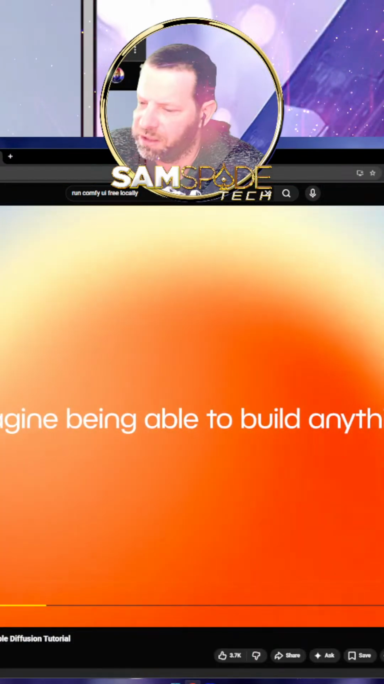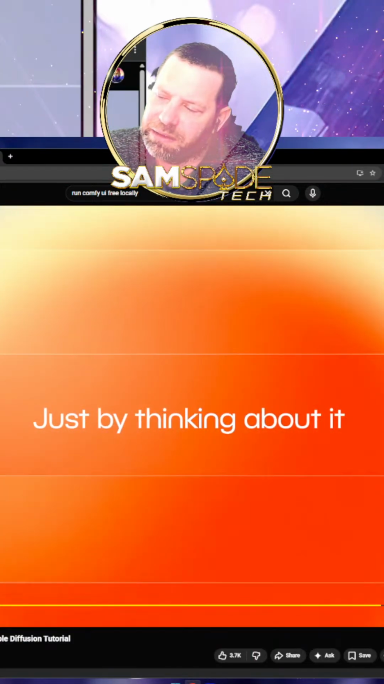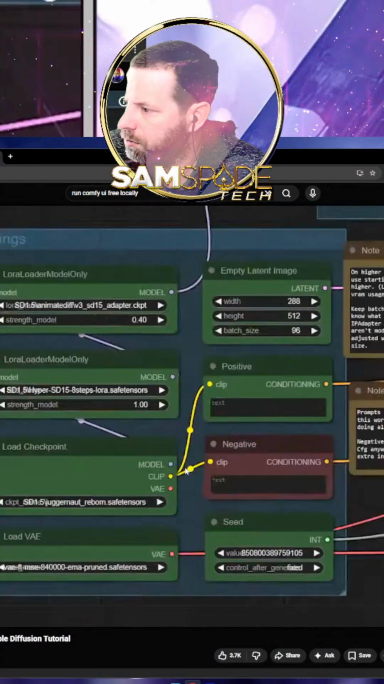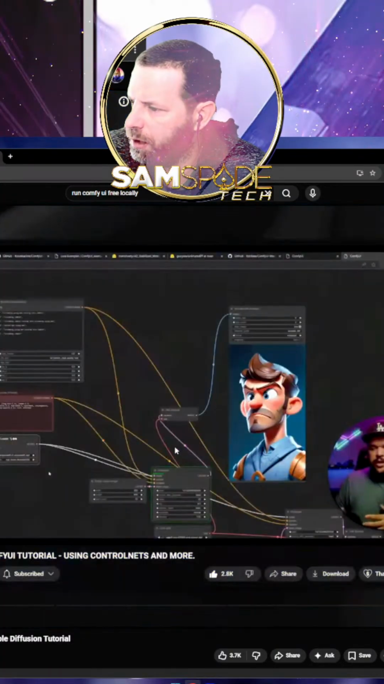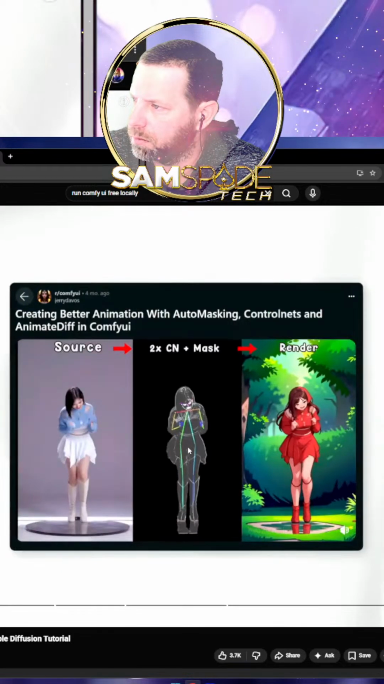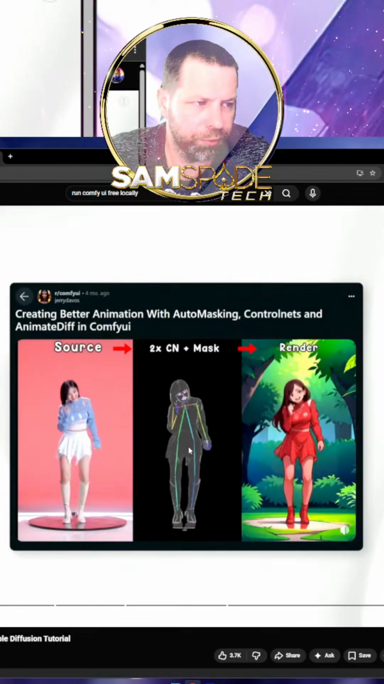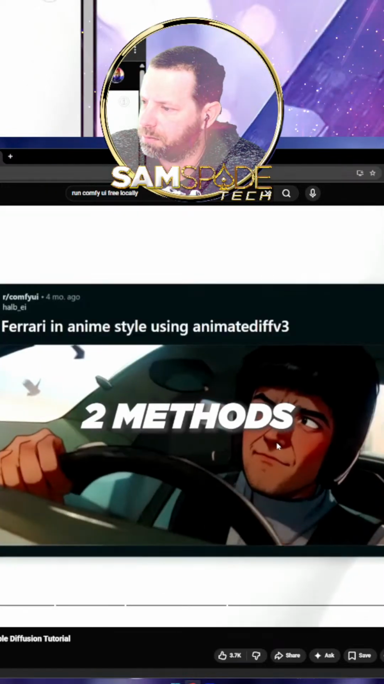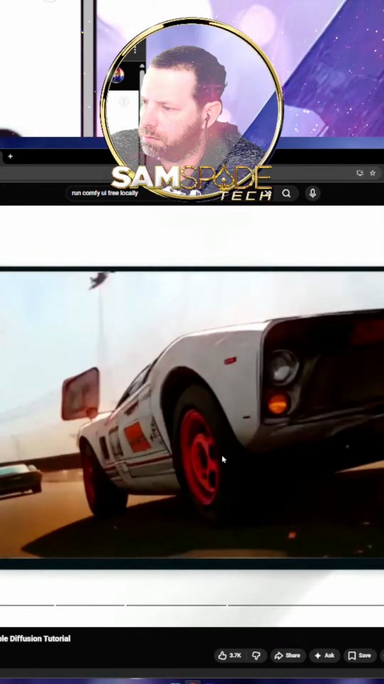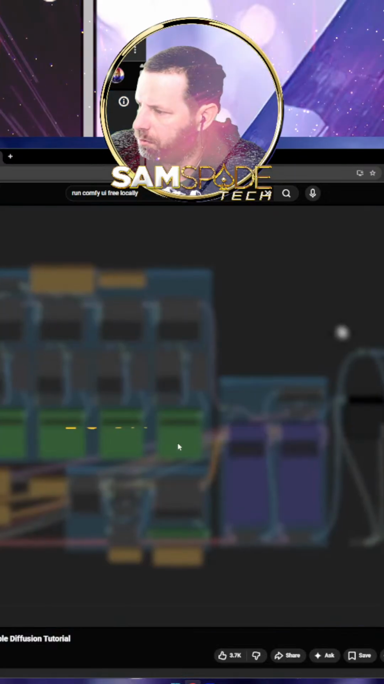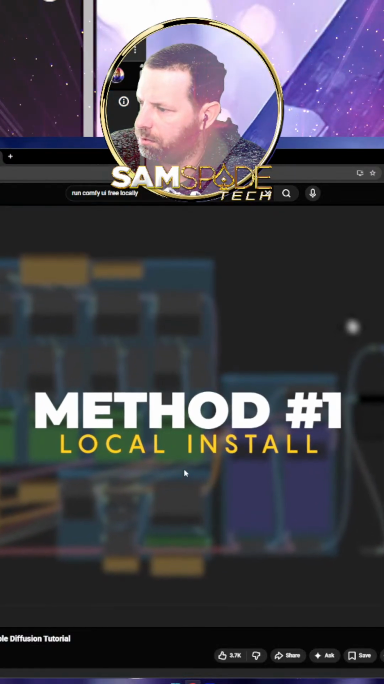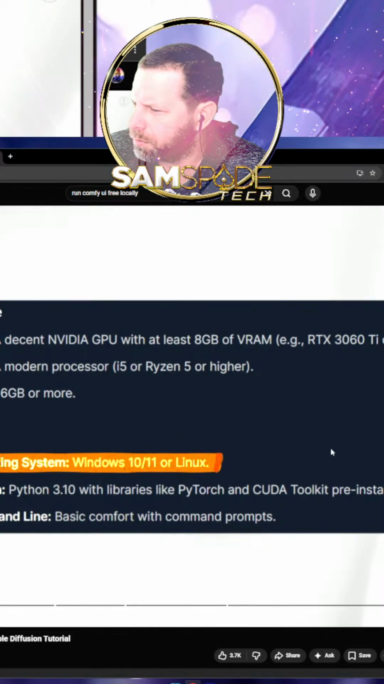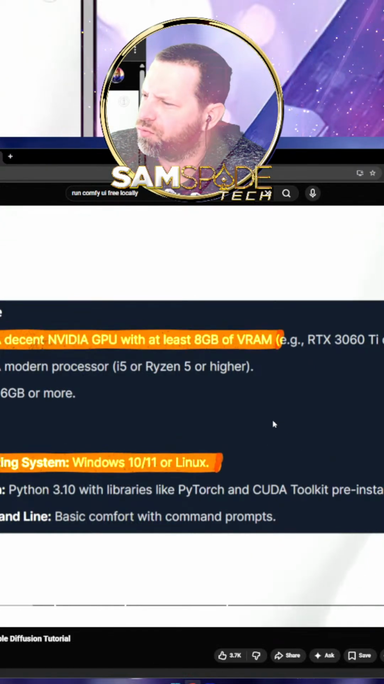Imagine being able to build anything just by thinking about it. Meet Base 44. ComfyUI is a free customizable interface for Stable Diffusion, and people are using it to create amazing AI output for free with Stable Diffusion. This is what I want. So in this video, I will show you 2 easy ways to get ComfyUI up and running. Well, let's do it. The first way to use ComfyUI is by installing it on your own computer. Okay, we did. Ideally, you should have a Windows machine with a decent NVIDIA GPU that has at least 8